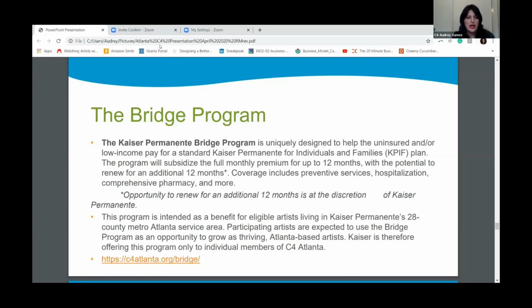One thing that's great about this program is that they look at your income either monthly or yearly. So if you had a really great year last year and your taxes show that you made, let's say, $100,000, but then you lost all your gigs in the last few months and you just have had a poor year, they will look at your current situation. They're more interested in that than in what you made the previous year. So just keep that in mind.